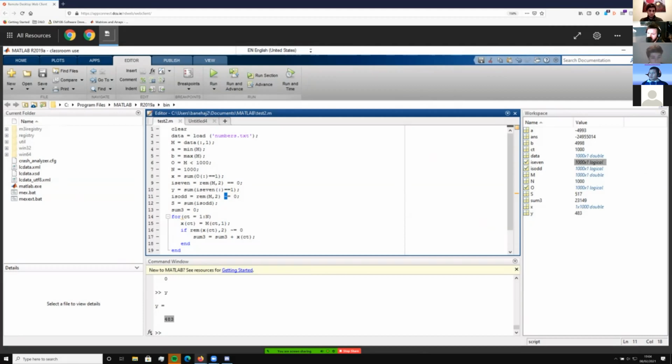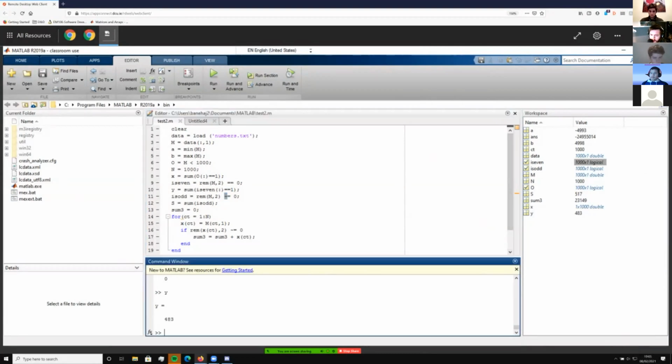It's just the inverse, like English wise, not like the inverse of the matrix. So any element that isn't even has to be odd. So if we type in is odd here, if you scroll back up, well, it's hard to keep track of on such a small screen, but if you were to export these as text files, you can put them side by side and see every one that's 1 on one is 0 on the other and vice versa.